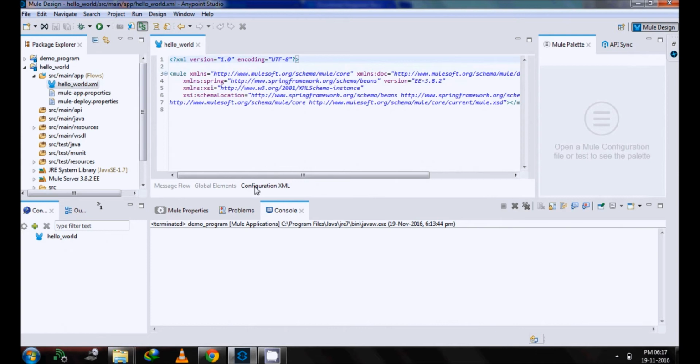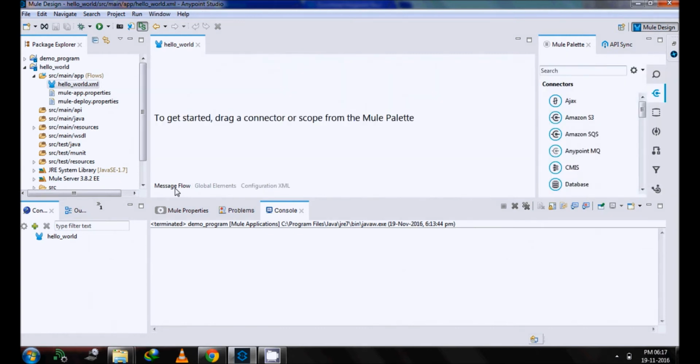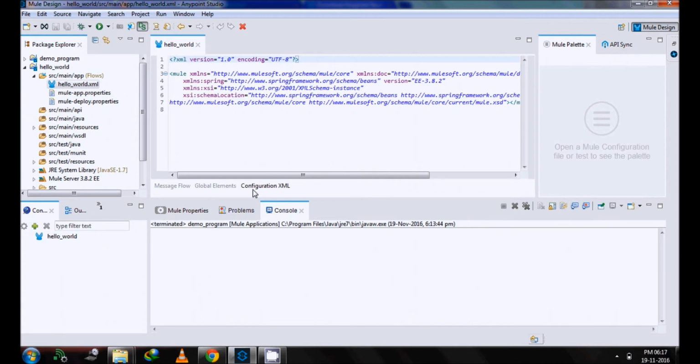And this is called a configuration XML. Whatever we drag and drop on the message flow is displayed in XML format here in the configuration XML. So you can configure these palettes or connectors using this configuration XML. We can see that later.